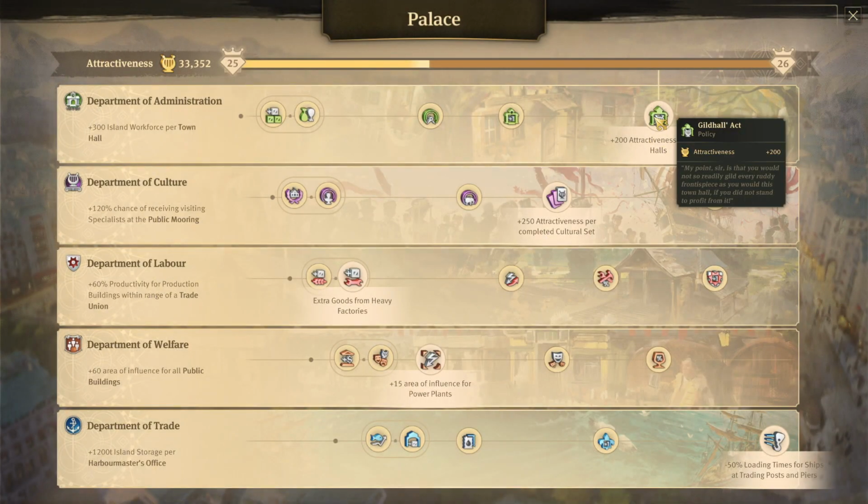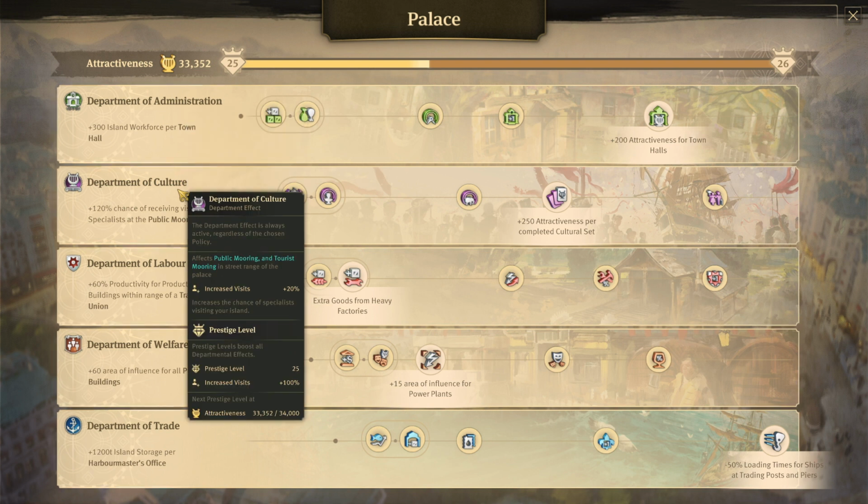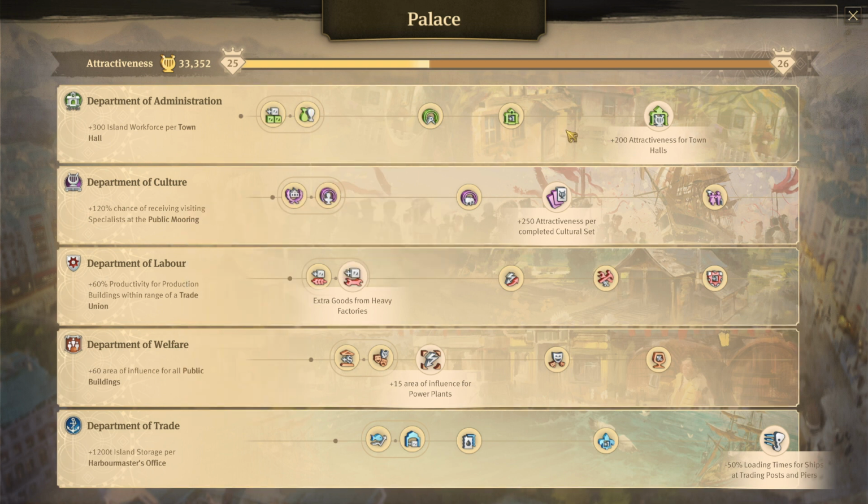This is probably the only place you want it, because attractiveness is usually useless, to be honest. The only other place where you may want it is if you're trying to get specialists, but in that case, you will also maybe look at Department of Culture. We're gonna talk about that. So let's talk about it now, is if you're trying to do